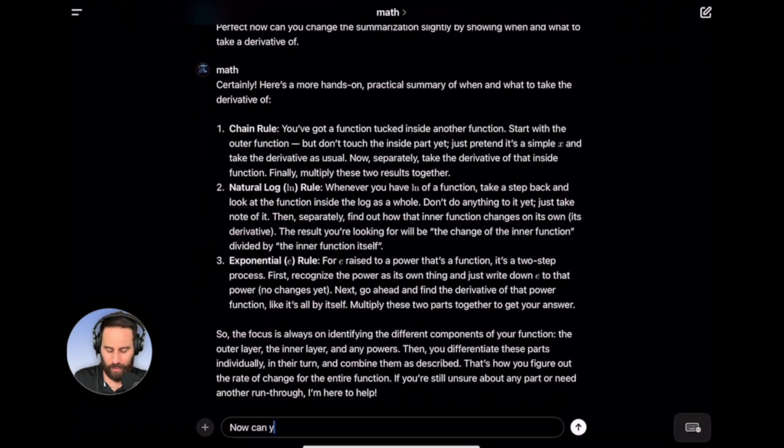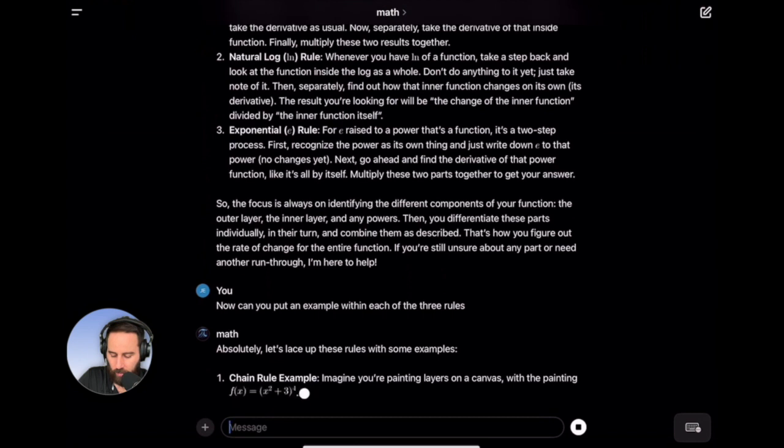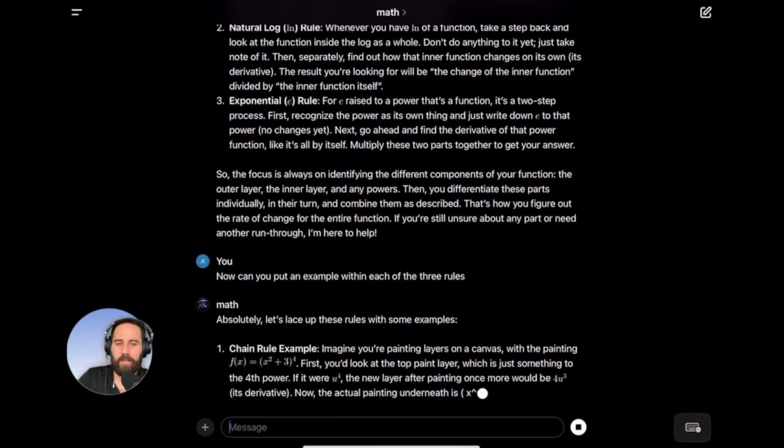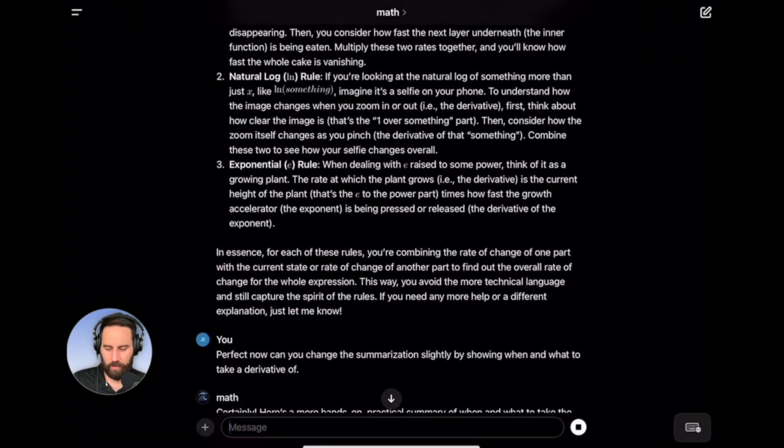All right. Now, can you put an example within each of the 3 rules. Actually, let's lace up these rules. Chain rule example, and then it's going through each example. Top paint layer, which is just something to the 4th power, and now it's kind of walking you through it. You've got the first one, as we went over,